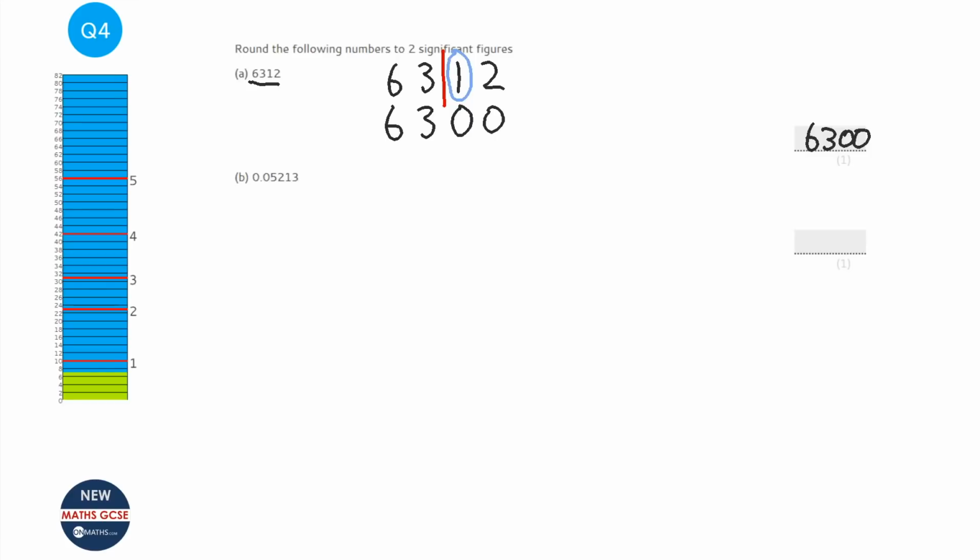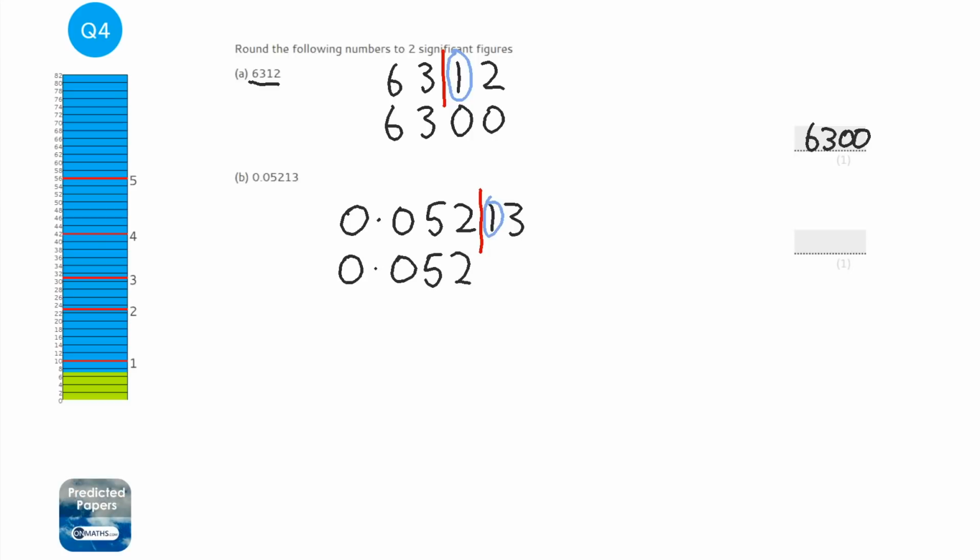Now on question B, this is an exception that we've got to remember with significant figures. You don't start counting until you hit a number that's not a 0. So the first number is 5 and the second one is 2. So the line will go here. Then let's have a look at our decider number where it's 1 again, so it's less than 5. So we're going to have